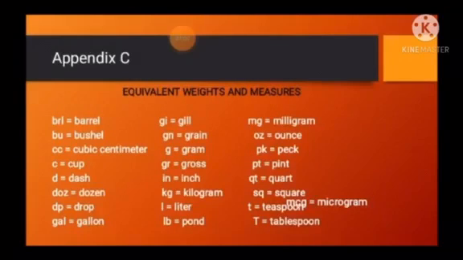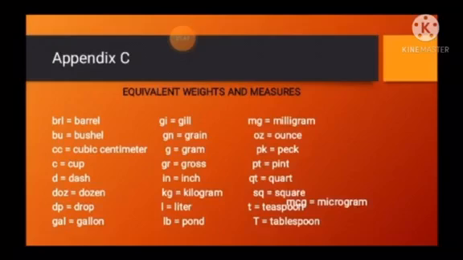In appendix C, it is all about equivalent weights and measures. So, these are the signs of measures. BRL equals barrel. BU equals bushel, CC equals cubic centimeter, C equals cup, D equals dash, doz equals dozen, DP equals drop, gal equals gallon, G equals gill, GN equals grain, G equals gram, GR equals gross, in equals inch,